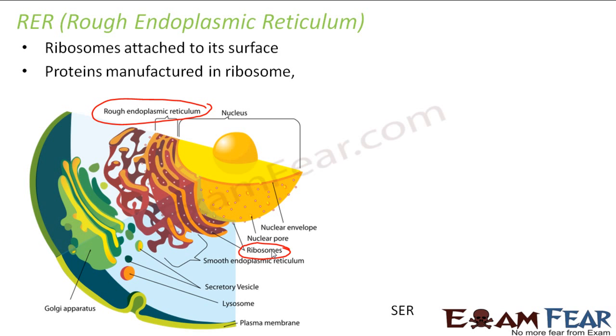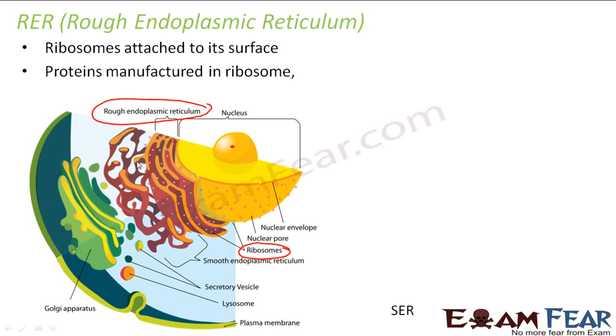Now, we have also spoken about ribosomes before. What are ribosomes? Remember our discussions on the nucleus? I told you that inside the nucleolus, this portion, this is the nucleolus, right? Inside this portion ribosomes are formed, and those ribosomes are taken out from the nucleus with the help of the nuclear pores. These ribosomes come out from these nuclear pores, and many ribosomes stick on the surface of this endoplasmic reticulum, which is known as rough endoplasmic reticulum.